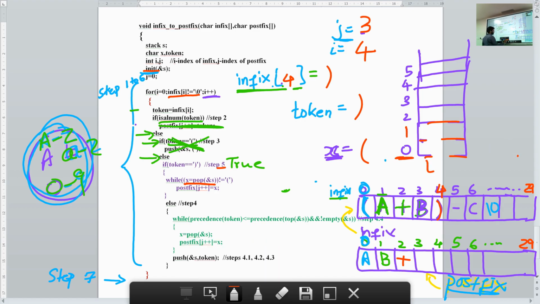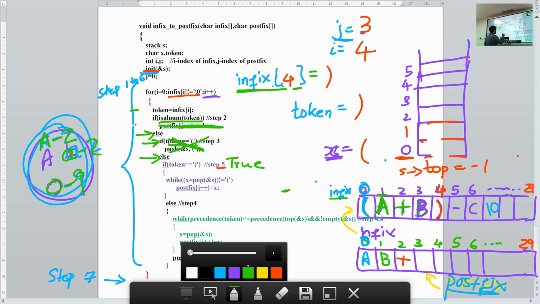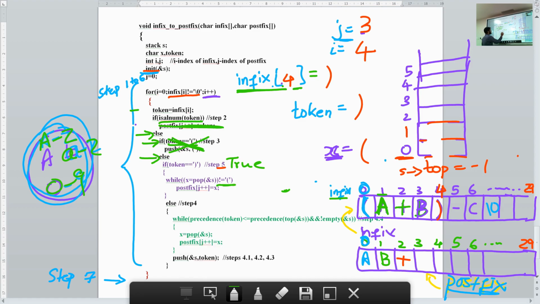So top value is equal to -1. We pop and we store it in x. After we have done this part of the function, we check whether the value of x is equal or not equal to opening bracket.